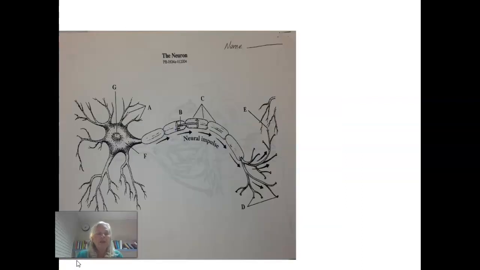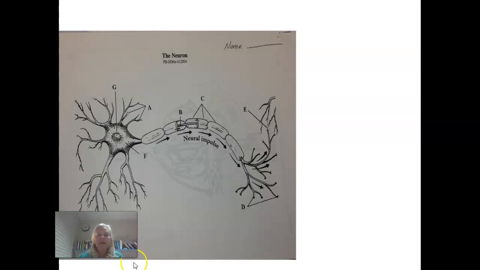Okay, so the first thing that you need to do is go to Schoology and download the chart packet that has the neuron, the brain, and some other things in it. It's actually about 8 pages long. If you are able to print that off at home, that would be great. I think you would appreciate being able to write onto the charts themselves. If you're going to be in class on Thursday, I'll hand out the packet to you in person. For hybrid students, I have copies of the packet at school.